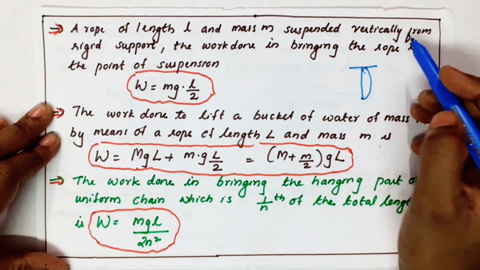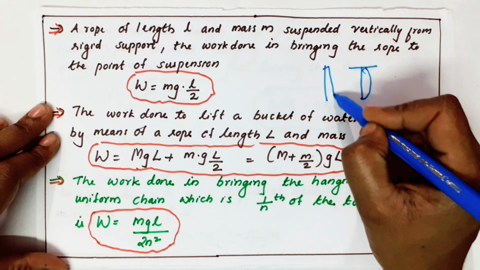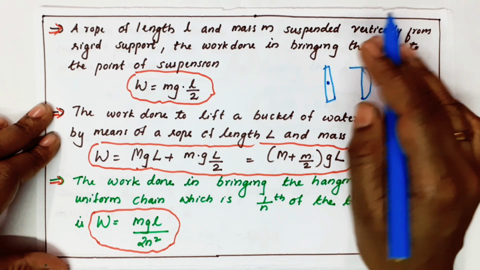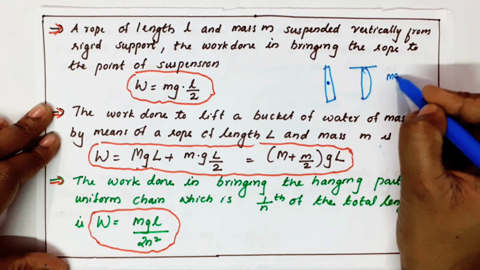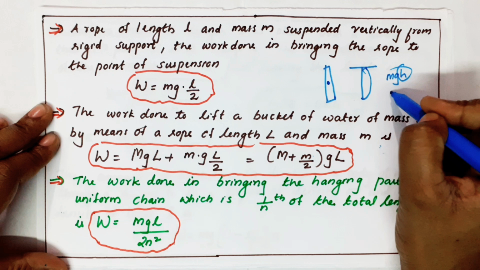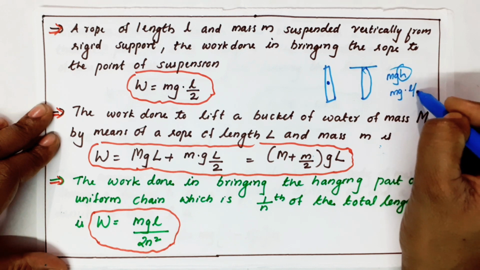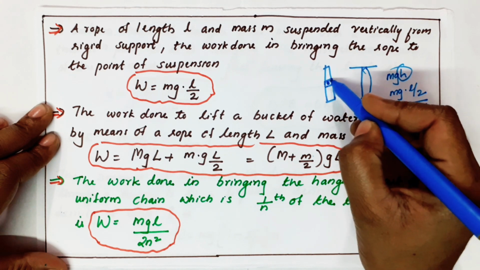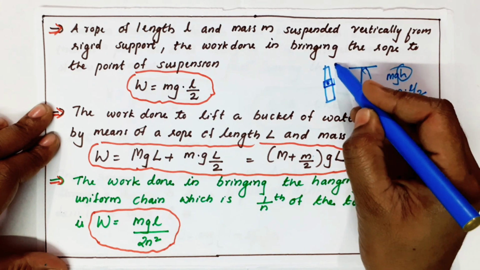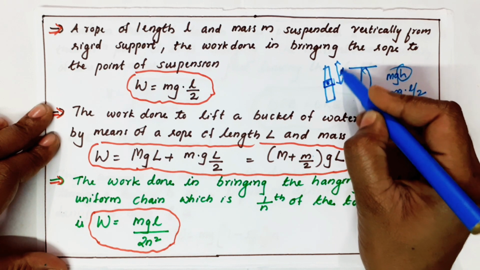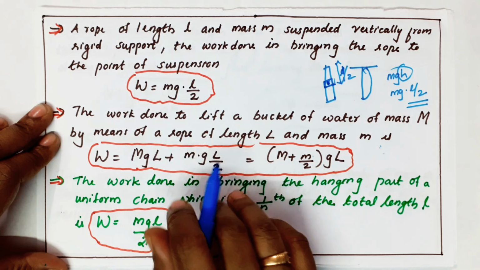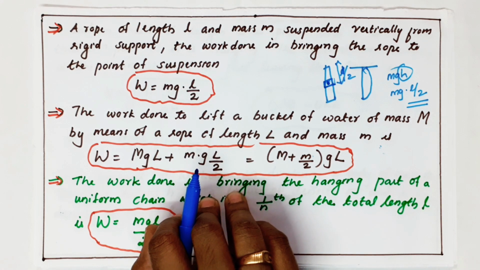So here you remember, a linear shaped body we always take with respect to the center of mass. So actually in the work done equation mgh, this h we can take as L by 2, because the center of gravity is situated at the center. So we need the length up to this point. So it is L by 2. So your answer is mg into L by 2. Why are we taking L by 2? As it is a linear body.